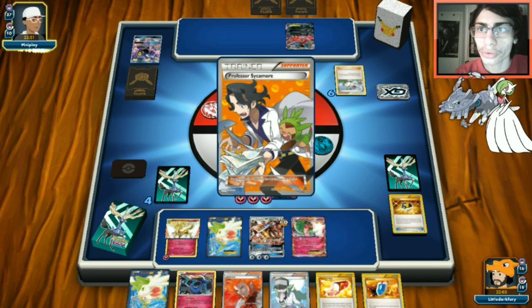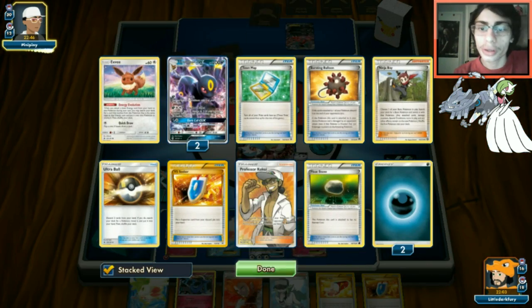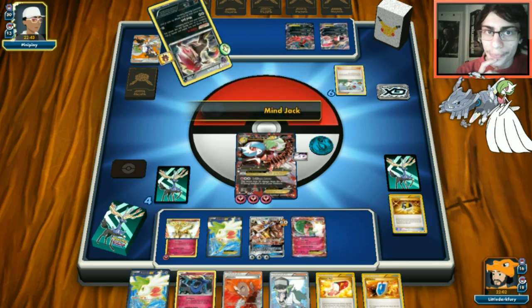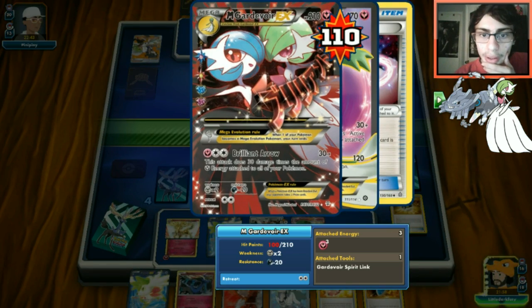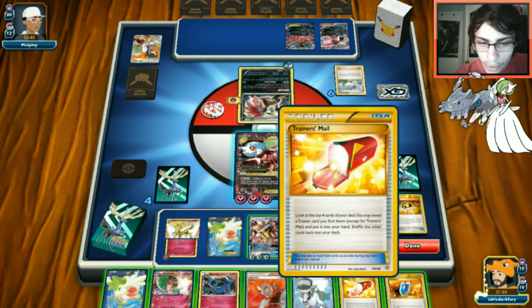So he balloons a Zoroark, and he got a Sycamore. Dang it. He has to lose an Umbreon, though, which is good. So, can he attack me here? Yes, he can. We're still going to have to target the Evoltol. So, just Mind Jack. Only 110. It actually 2-shots me, though. Amazing. It 2-shots me. Okay, that's actually...